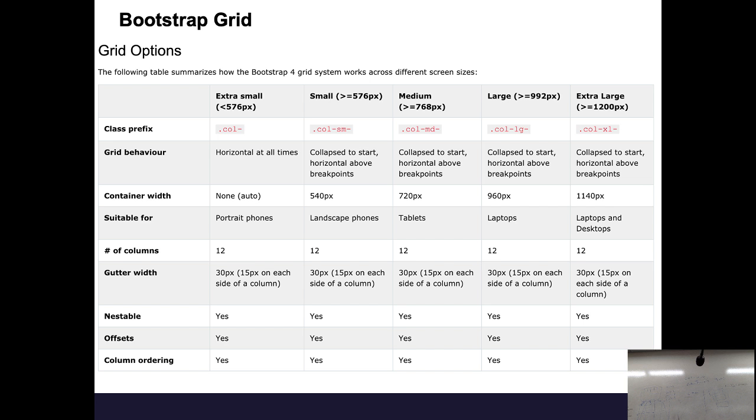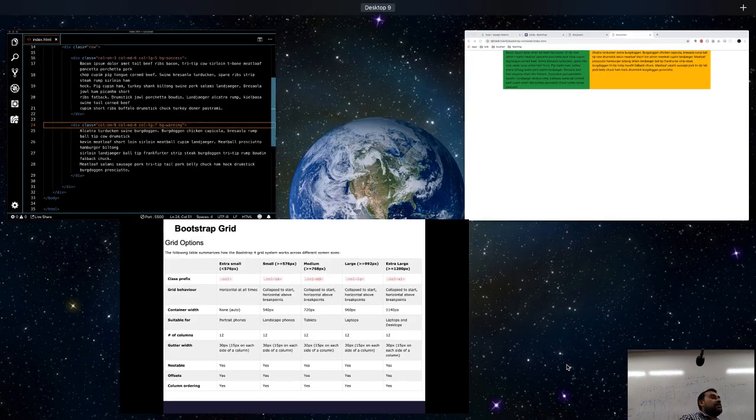Here's now. Can you understand this part? Collapse to start. Okay, and then horizontal. What does it mean? The screen, all your content is going to be horizontal. When it comes to the breaking point, it's going to stack up. That's all it means. Okay, if you specify these, and if you specify extra small, what are you saying? You are saying, do not stack up my contents.